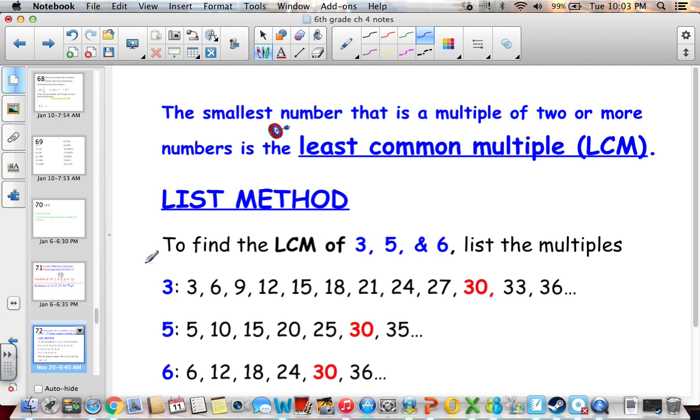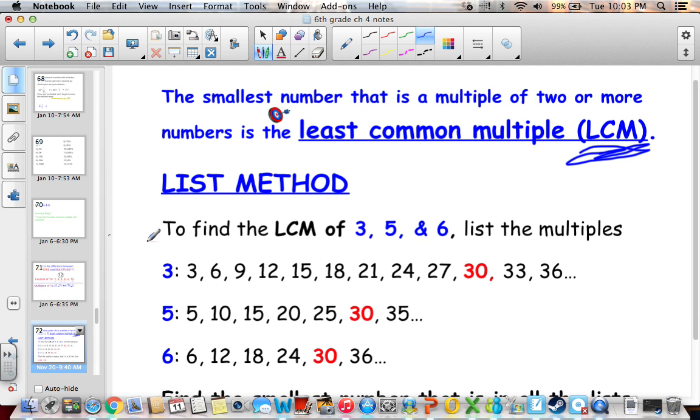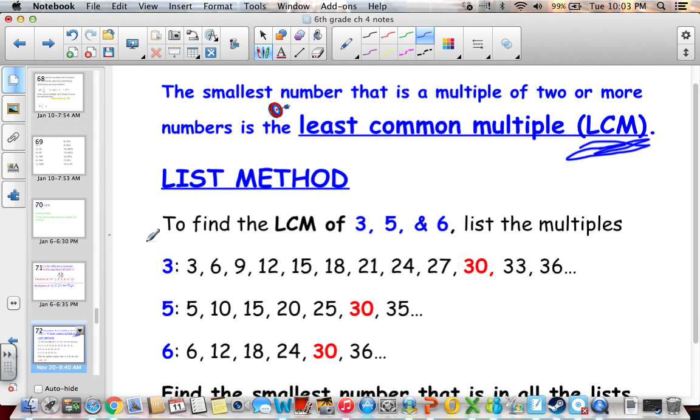So if we want to find the least common multiple, which is the smallest number that is a multiple of 2 or more numbers, there's a couple different ways that we can find it. So LCM is the abbreviation for least common multiple, just like GCF is the abbreviation for greatest common factor. Our first method is the list method. So we have to list out the multiples of each of the numbers. So if we want to find the least common multiple of 3, 5, and 6, we are going to just